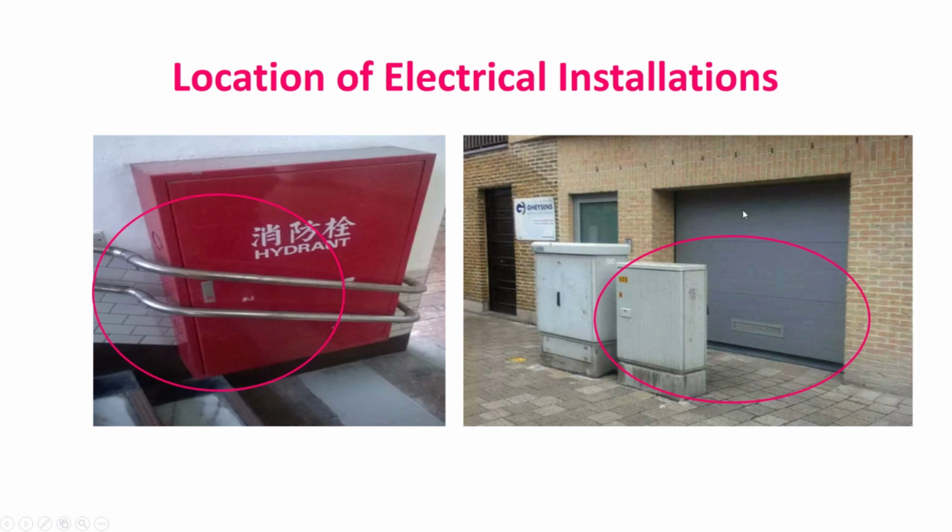Likewise on the right side again you can see these electrical installations, or whatever these boxes are, they are in front of a small garage. So again this is a part of misplanning, so that your civil persons are planning in some other way, electrical persons are planning in some other way. We'll see in further slides how the plans are required to be approved in case you want to execute a particular small work.